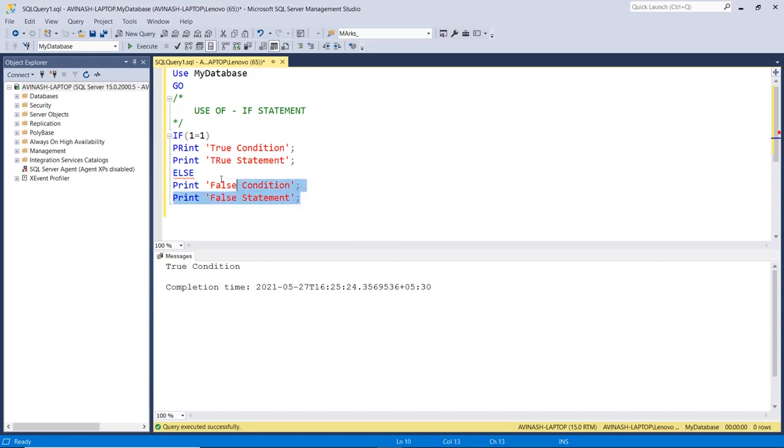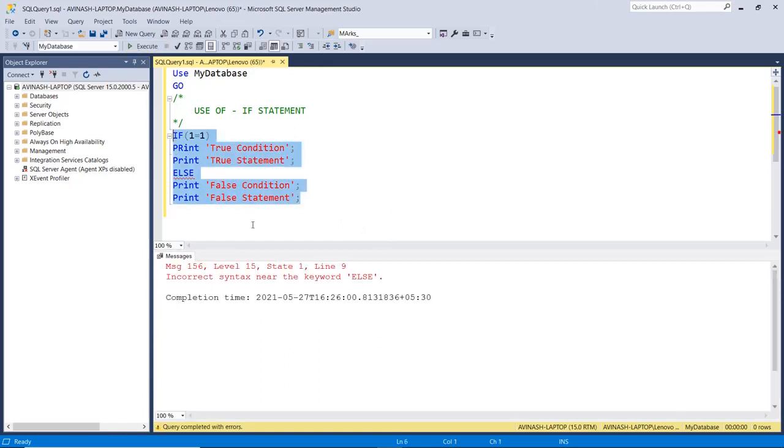If I execute this one, then we have an error near the else part. Why? Because after the true condition, we have two statements. If you have multiple statements, then you should write those statements in a block.